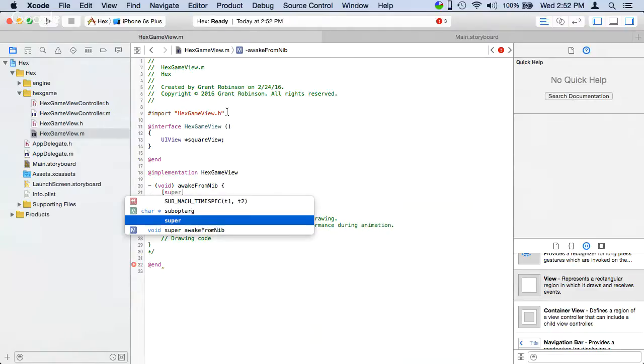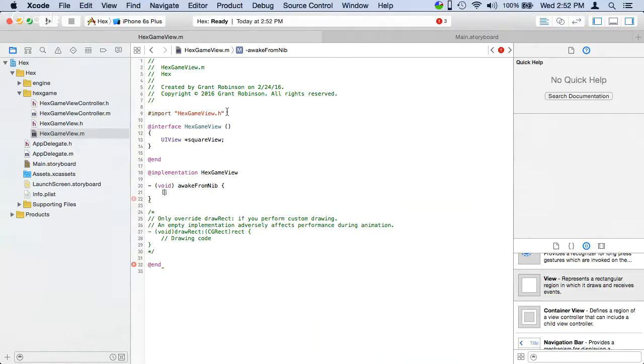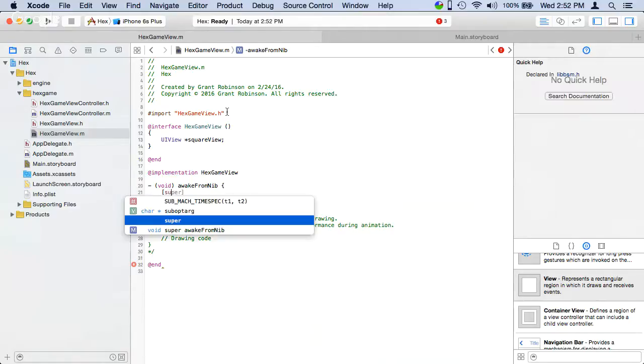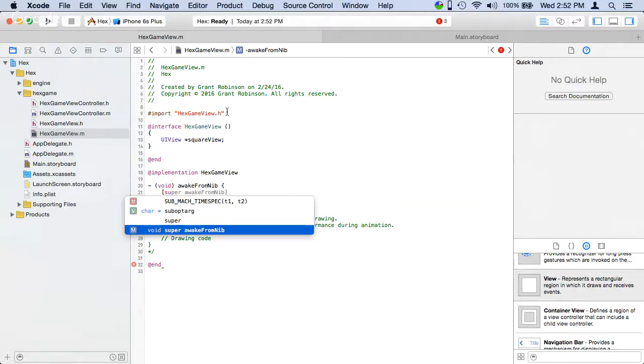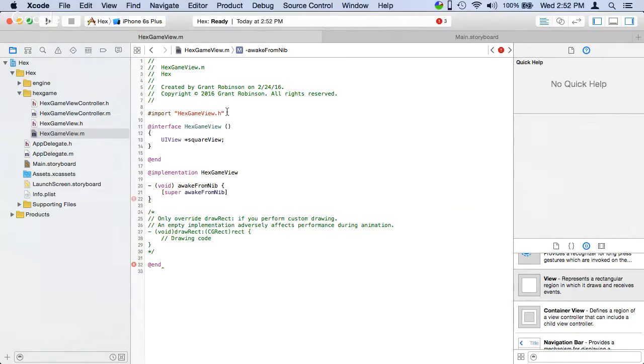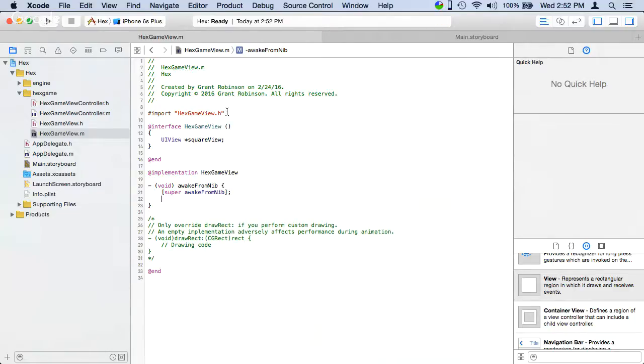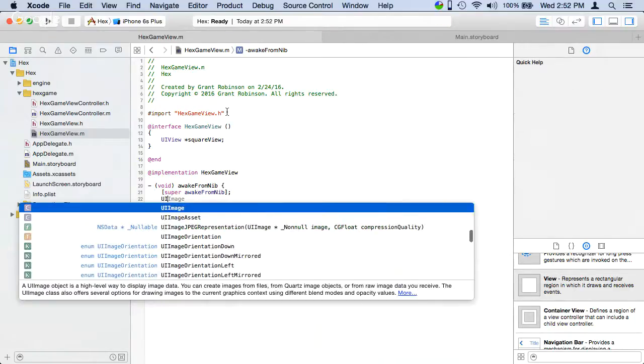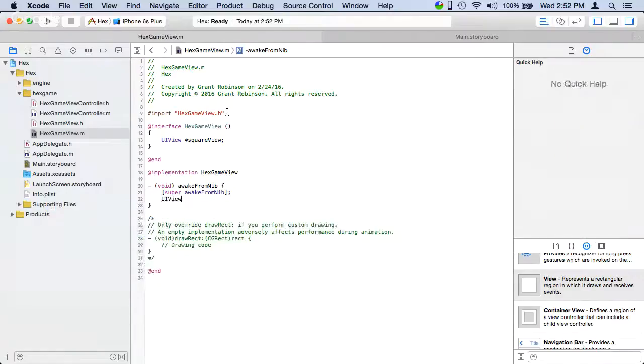First thing we're going to do, every class has, sorry, I hit the wrong thing. So hit the bracket, start typing super, and it should autocomplete to our super call to awake from nib. Inside of this is where we're going to do a little bit of configuration. We're going to create a new view. Oh, sorry, we already have the member variable. So we're going to say square view